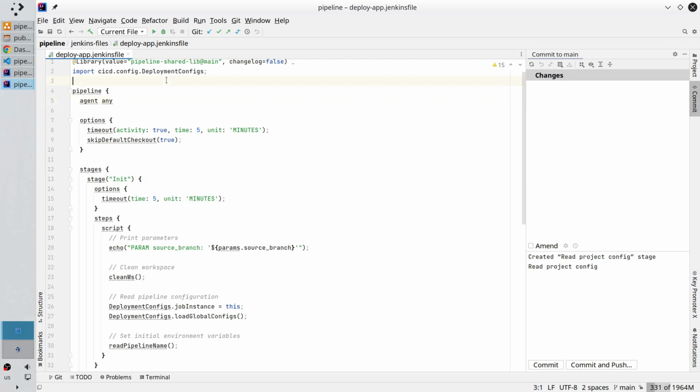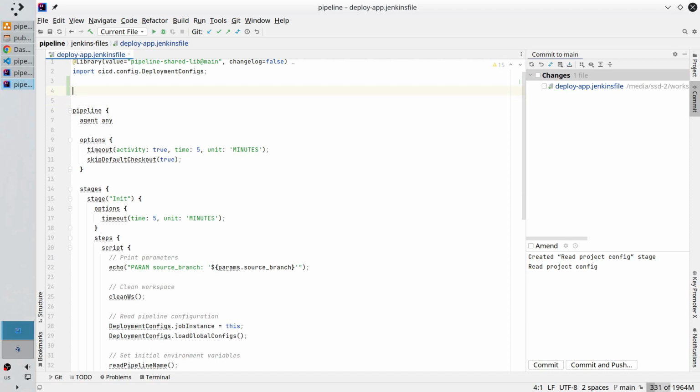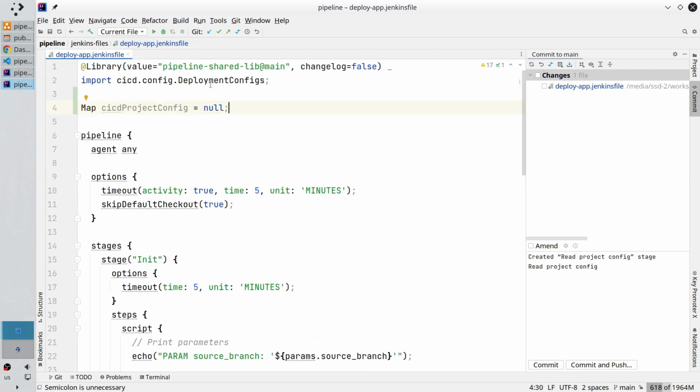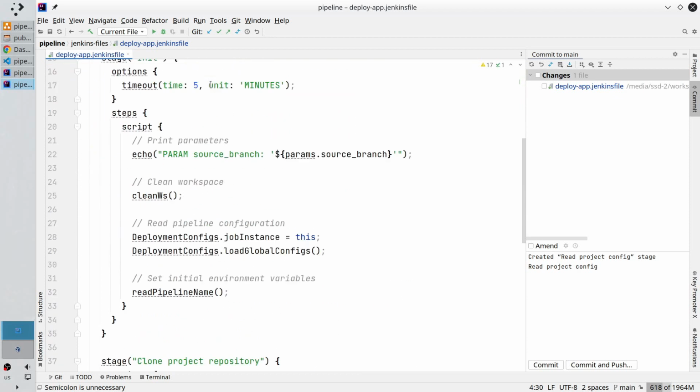First thing, I need a new global variable. It will be map CICD project config. Zoom in. I want you to see it better. Equals null. I will override the variable later. Scroll down